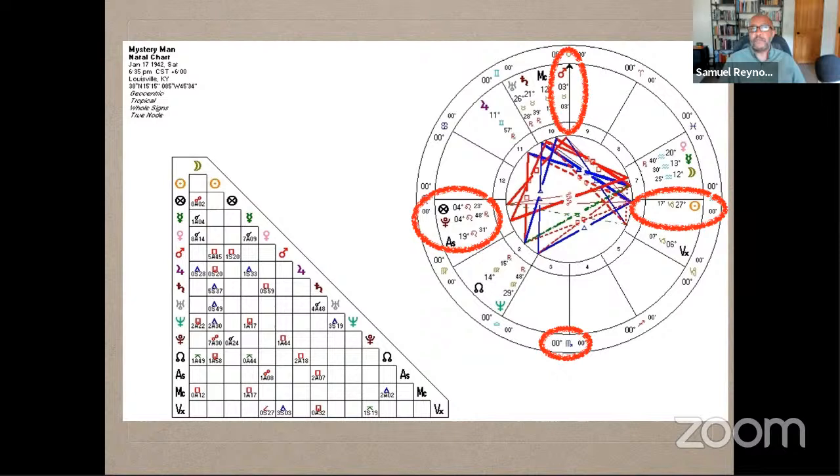But when fighting was really fighting, and odds meant something, no one really felt he would win, because George Foreman was a bigger fighter, also had a similar record, was a tough fighter. So there was no way he was really supposed to win that fight, which he did. So that's also that Mars, Pluto. I mean, there are other testimonies in terms of that Saturn, Uranus. So those things contributed to that, but that's just to give you an example.